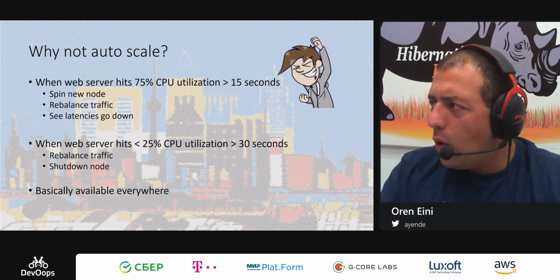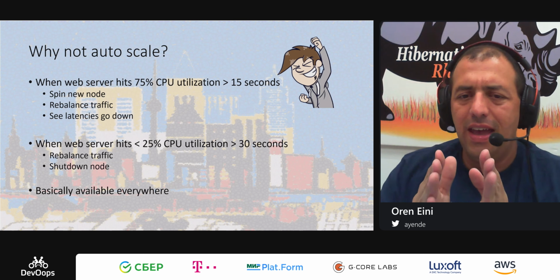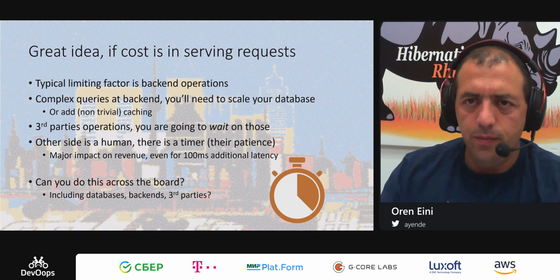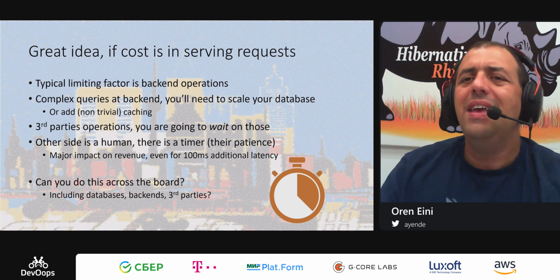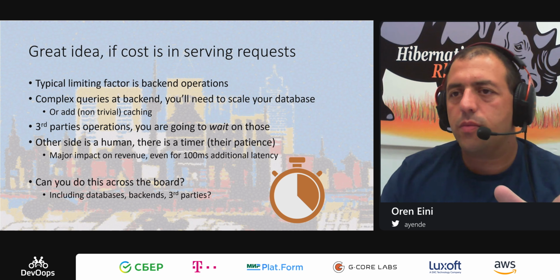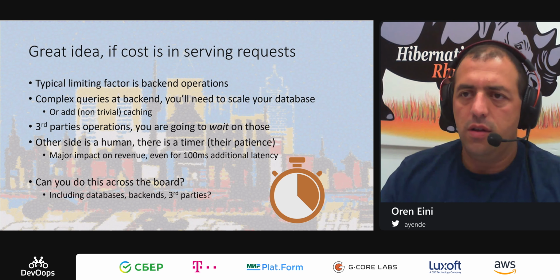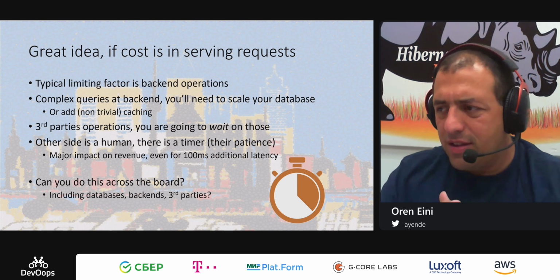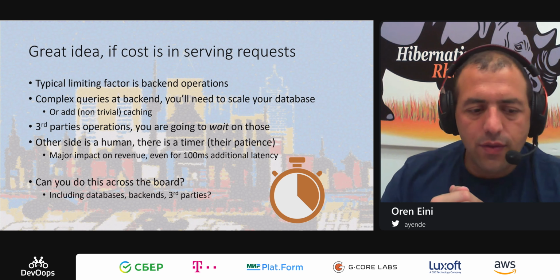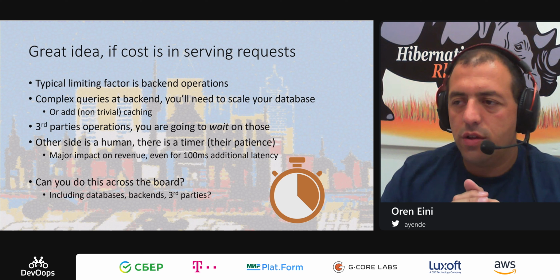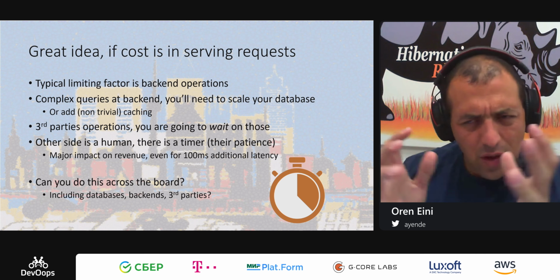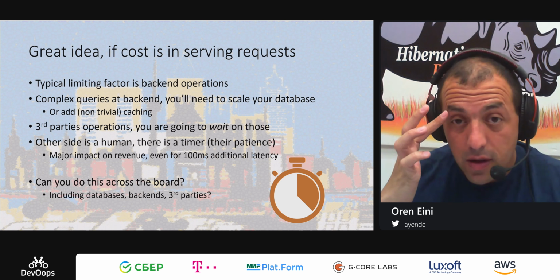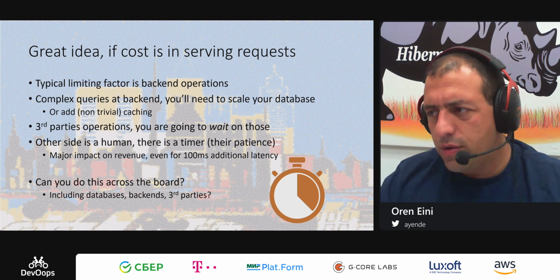But it only works if your limit is serving requests. That's typically not the case. In some cases, if you're doing, I don't know, server-side rendering, which is compute bound, which sounds pretty strange to me, but may happen, you may want to do something like that.